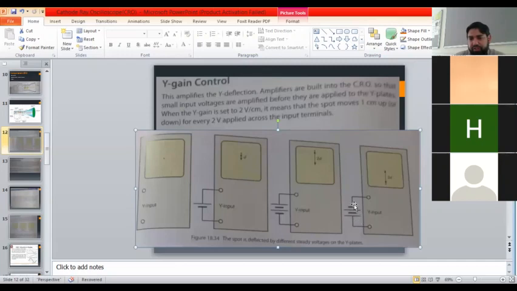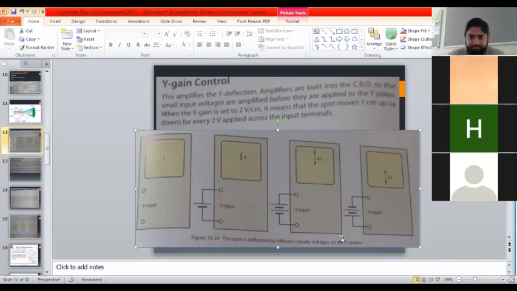And if we reverse the terminals of the battery, here positive and negative was connected, and here negative positive is connected, so terminals are reversed. So now dot has moved downwards from the center of the screen. Okay, so it means we can conclude that more the EMF or potential difference applied between the Y plates, more will be the deflection of the electron beam. One. Second, if we change the polarity of the signal applied to Y plates, then deflection will be down the screen or in opposite direction.